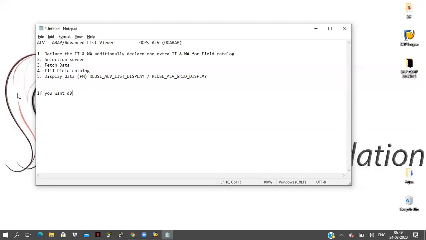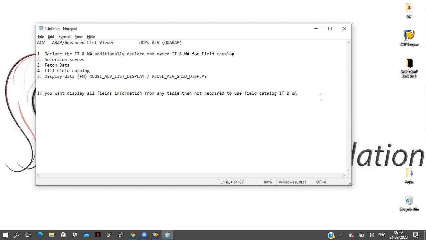If you want to display all fields information from any table, whether it is a custom table or standard table, whatever it is, then it is not required to use a field catalog internal table and work area.